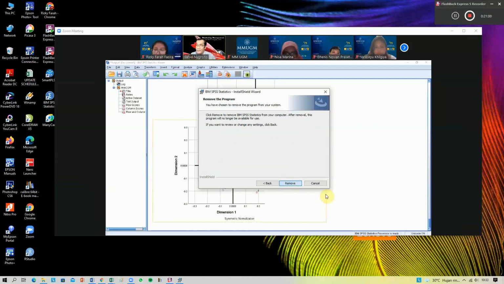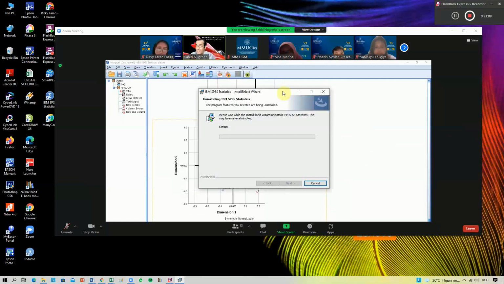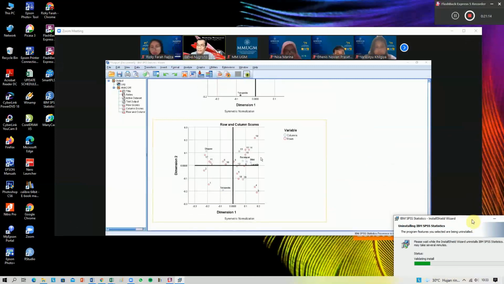So when a point of an attribute is close to a point of a brand, we can claim those attributes become the competitive advantage of that brand.